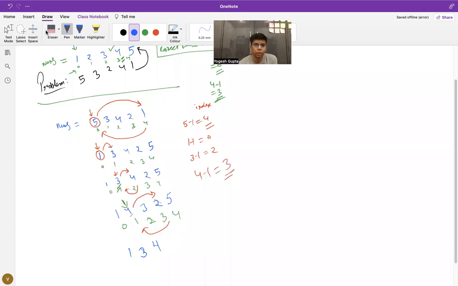Sorry, it should be index number 3. Yes, it should be 1, 3. It should be 1, 2, 3, 4, and 5. And then again we check the index, the first index,